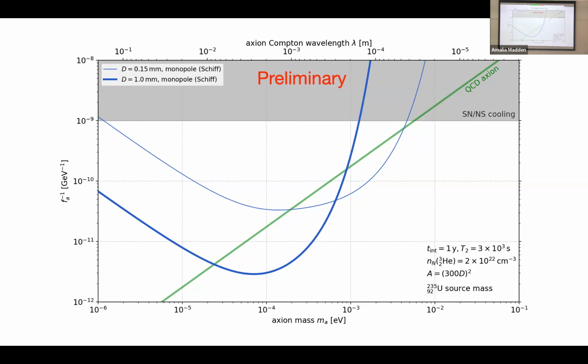Wait, 235 is the enriched one, 238 is the one that people want? Does this not work with 238? No, no. I can't remember if, no, it's even. So no, it wouldn't work. Very important.